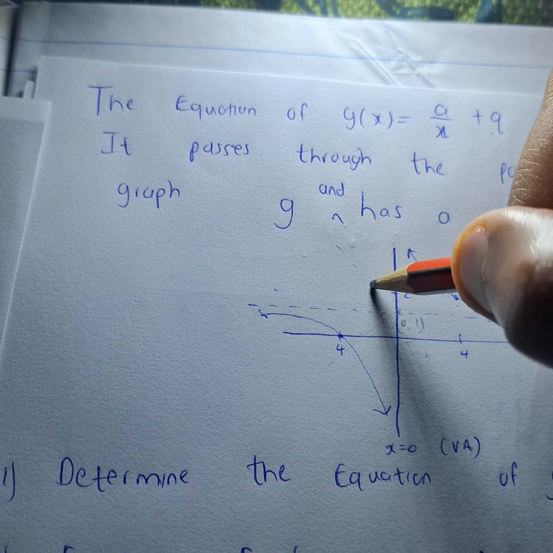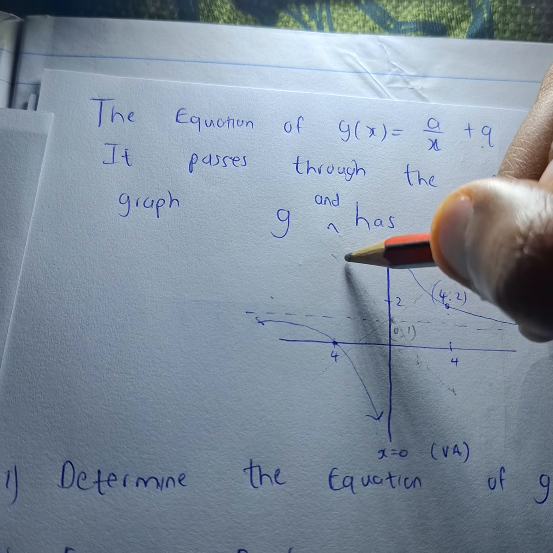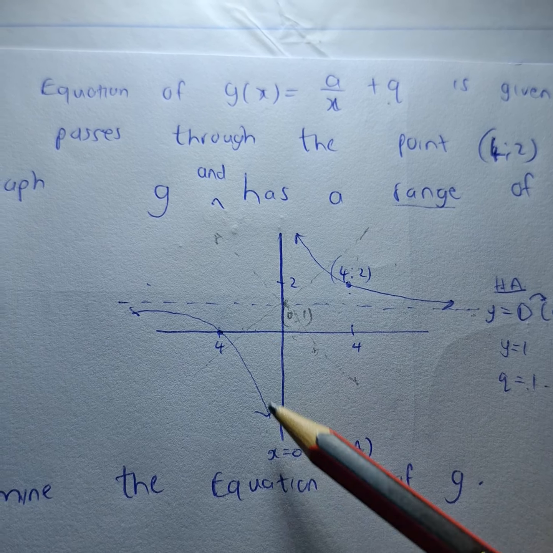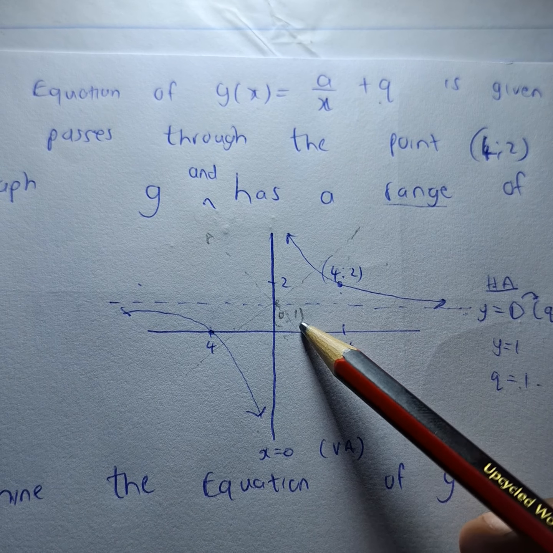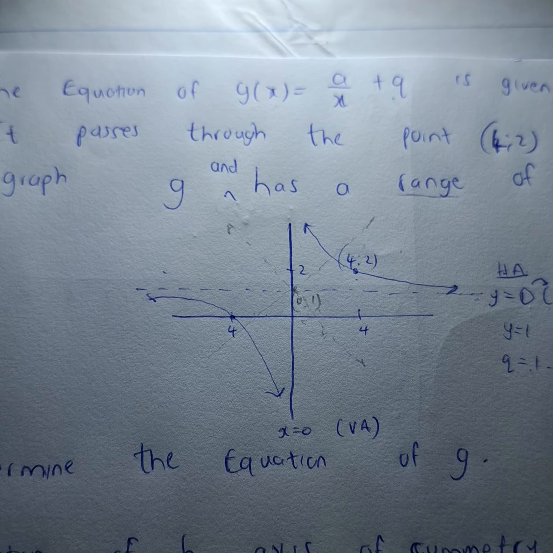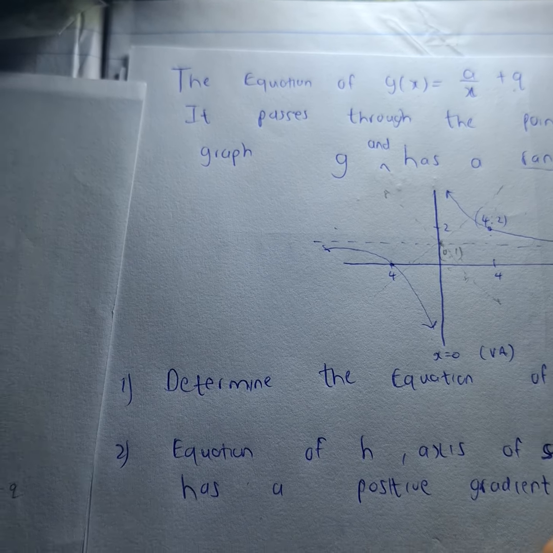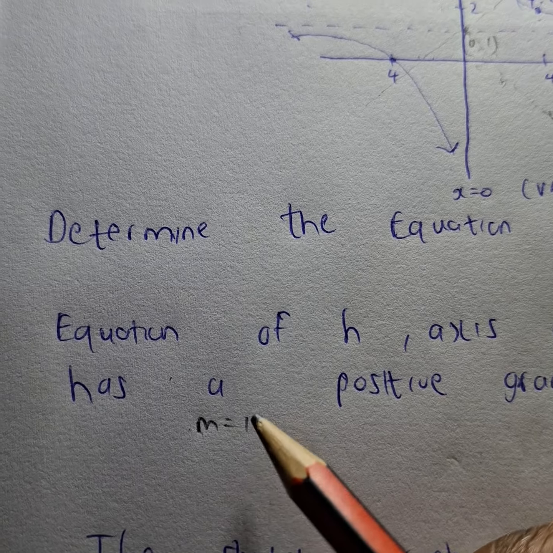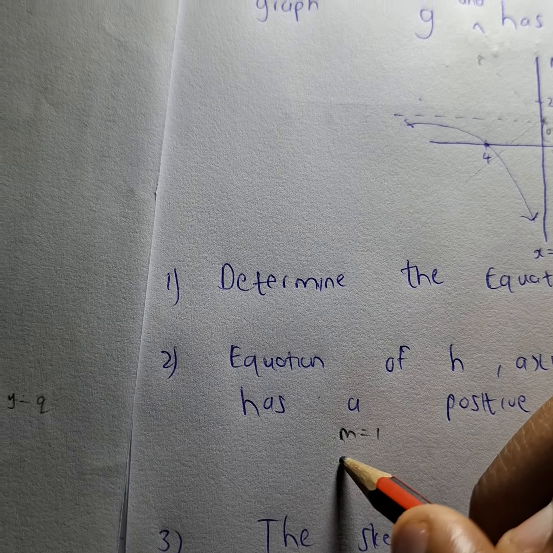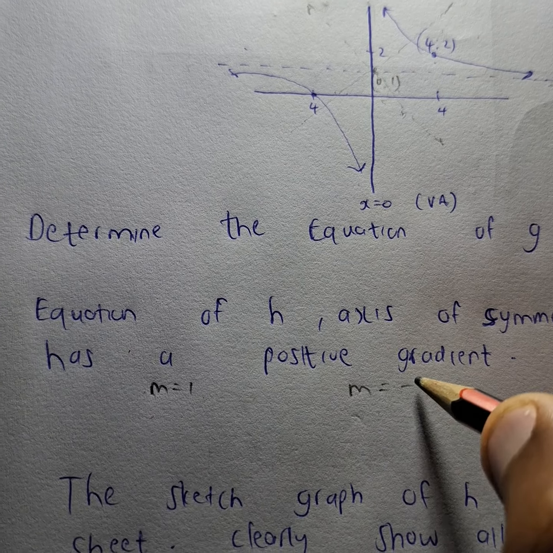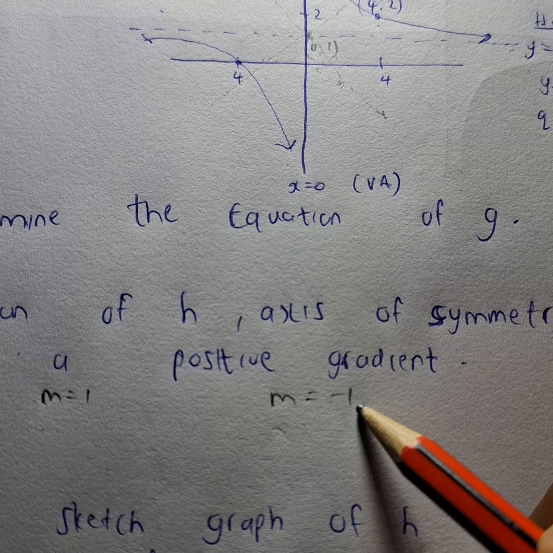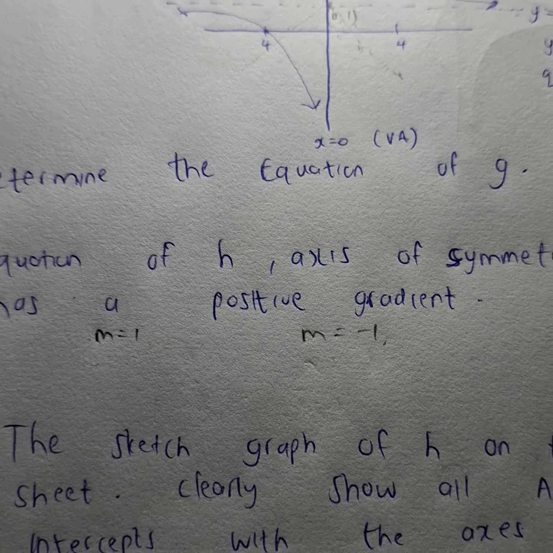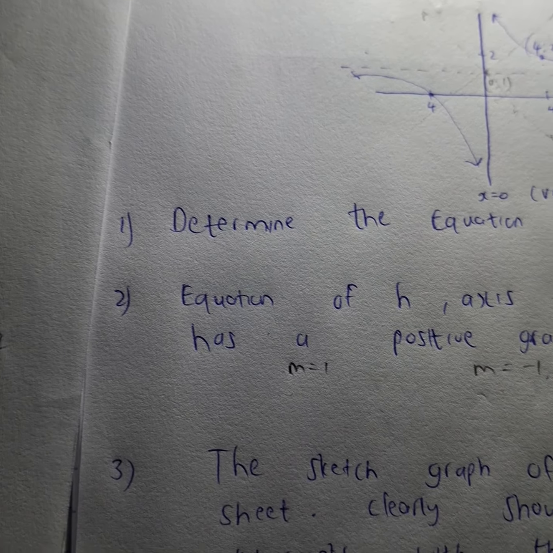Then there is a negative gradient axis of symmetry that passes through that very same point of intersection of the vertical asymptote and the horizontal asymptote. The coordinates are (0; 1). Now what's beautiful is that the gradient of the positive axis of symmetry is always equal to 1, and the gradient of the negative axis of symmetry is always equal to -1. Whether in grade 10, grade 11, or grade 12, that is always the case. So what we then have is